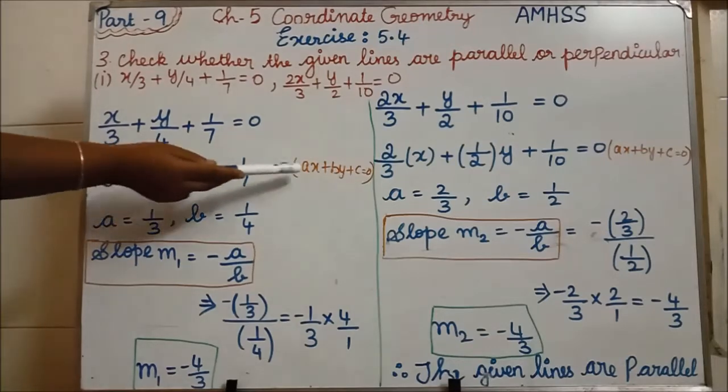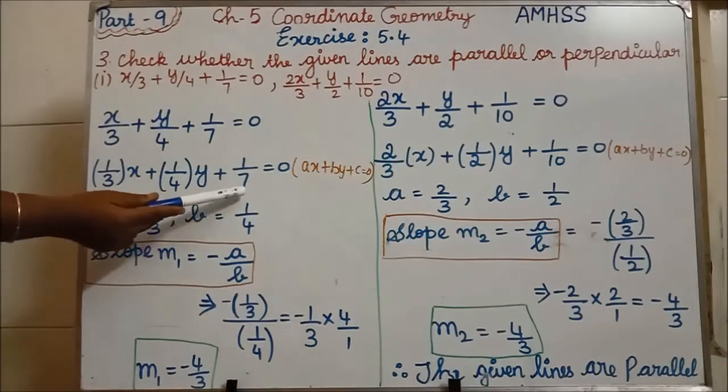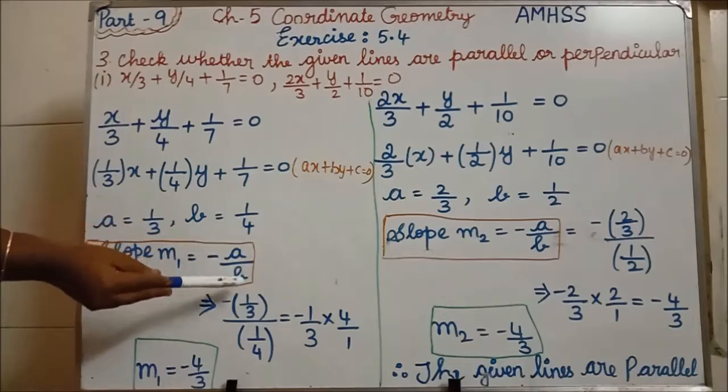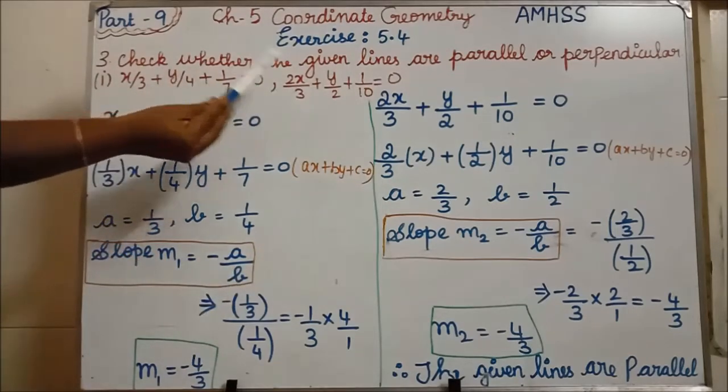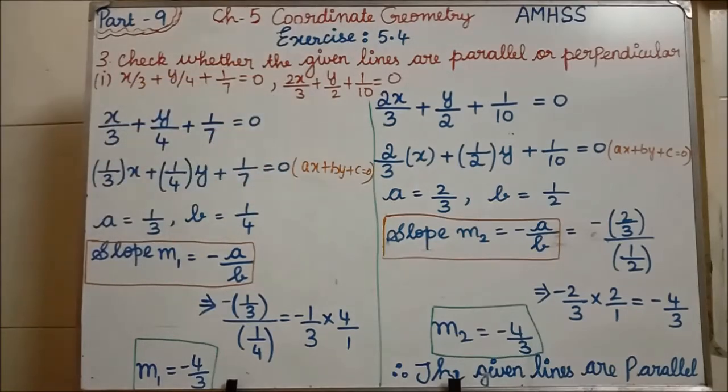Clear? So now in the place of A, what are we having? 1 by 3. In the place of B, what are we having? 1 by 4. So A equal to 1 by 3, B is equal to 1 by 4. Clear? I have told you in the previous problem itself, if they have given the equation and they are asking you to find the slope, the formula is minus A by B. Slope m is equal to minus a by b. Since they have given two equations, we are writing m1 and then m2. Clear? Minus, this minus I have written commonly.